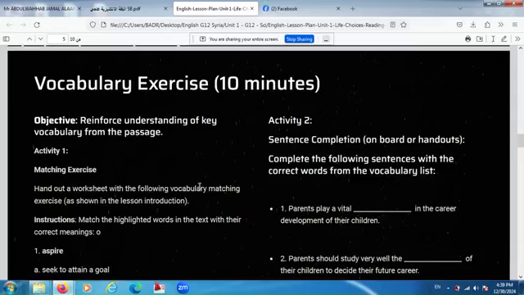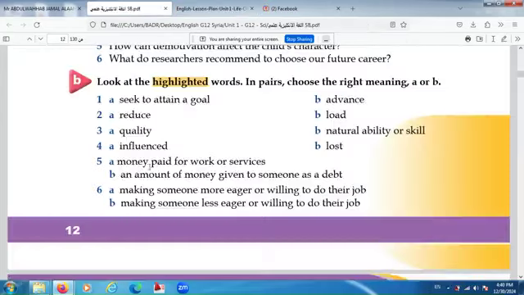Activity 1 is a matching exercise. I have the words in a list and I have the meanings in another list. I will hand out a worksheet with the following vocabulary matching exercise as shown in the lesson introduction. The words 1, 2, 3, 4, 5, 6, and I have A or B, A or B, A or B. So, an example,